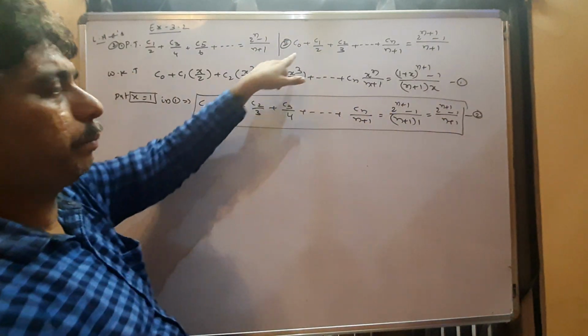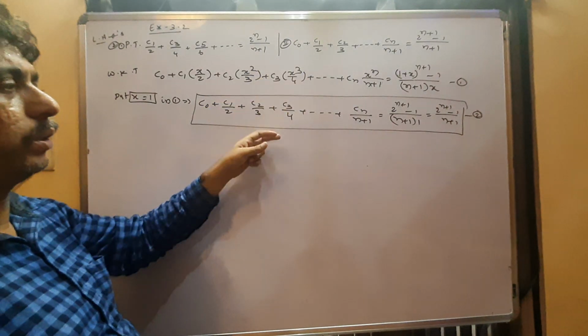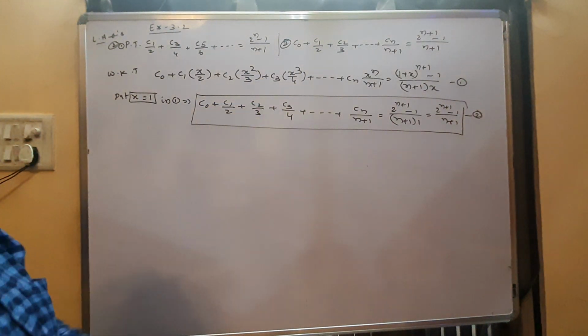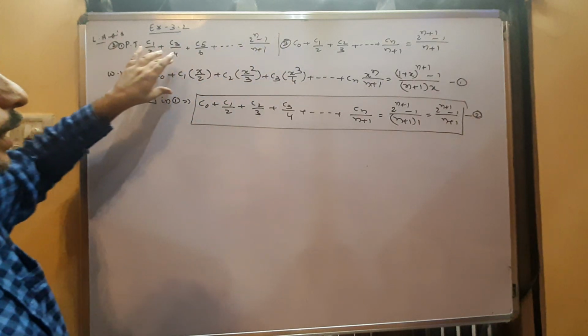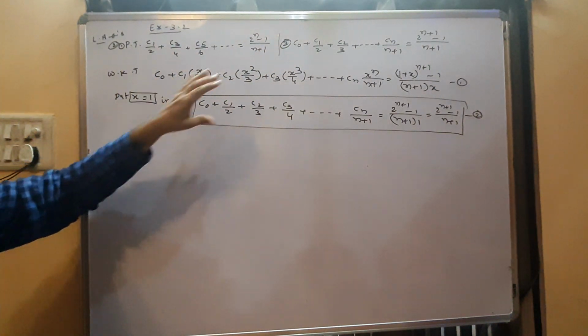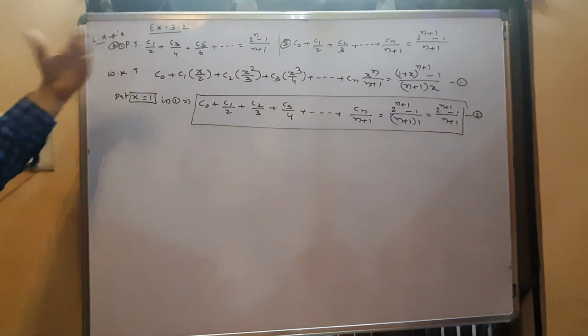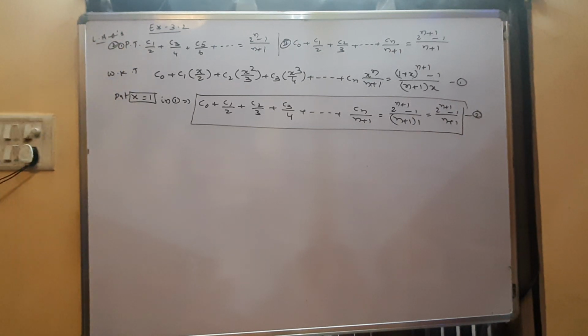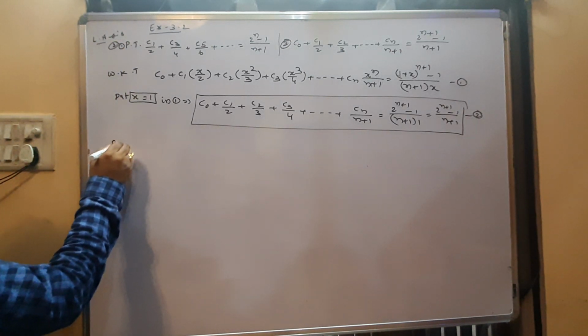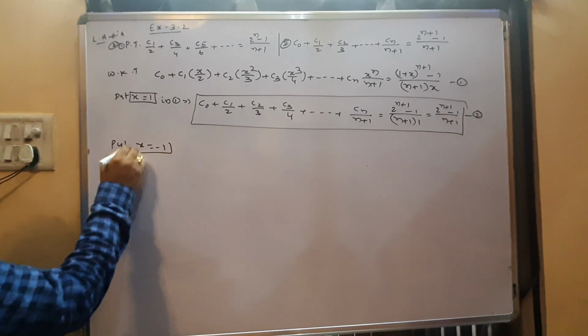This is the problem, second bit solution. Second bit solution is one. In case the second bit has 7 marks, it means you have to prove this condition first, then only put x equal to 1. If it is given first bit, then again put x equal to minus 1 in equation 1.